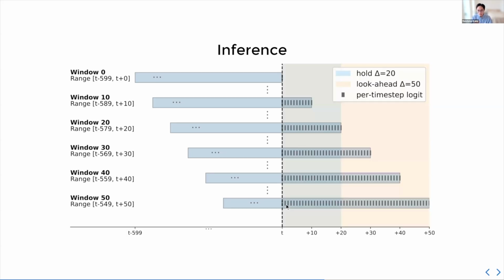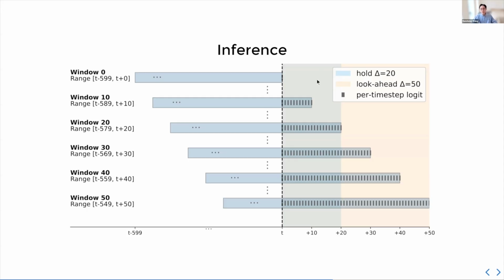Let me make the diagram more complete now. If you look at the windows into the future, they all have overlapping predictions, and they're all dense. Each little gray bar is one prediction. If we pick a window that we look into the future small enough such that the intent does not change within this window, then we can argue that the predictions for the same timestamp from these later windows, like window 50, window 40, window 30, given that they are contextualized, might be better than the prediction for t at this very first window when we first saw t.